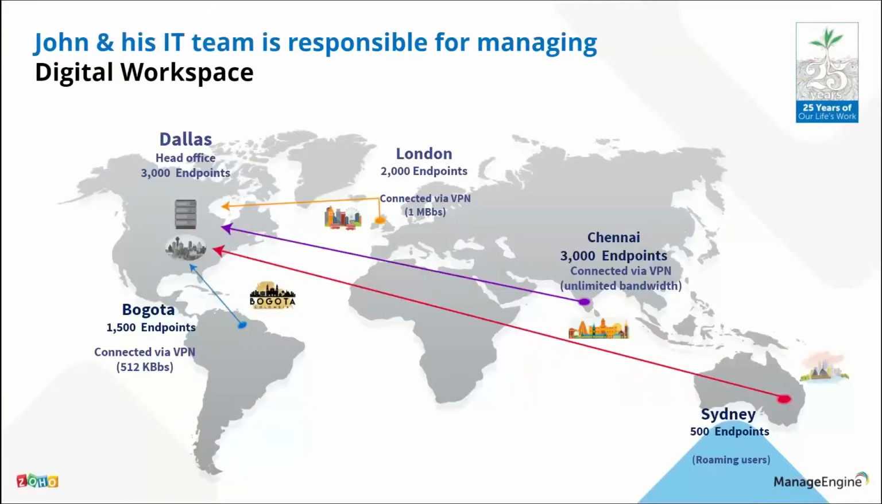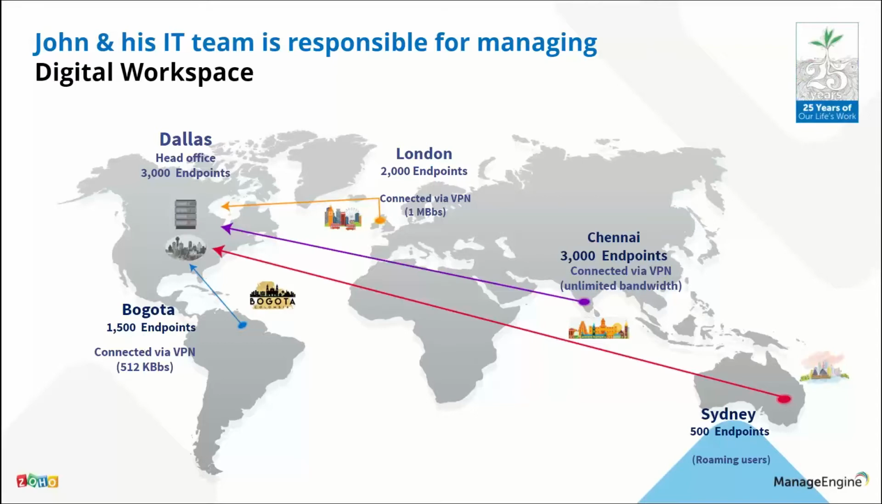Make this session pretty interesting. I've got a scenario here. Let's say John and his IT team is responsible for managing digital workspace. Let's say we've got the head office in Dallas, and then branch offices all over the globe. Say London, Chennai. We've got branches in Sydney where the roaming users are there, and we've got the Chennai office